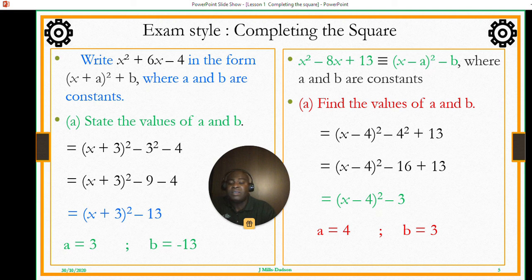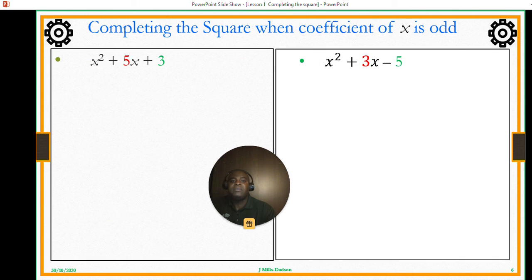So that's an exam question, how to answer completing the square. Now let's look at situations where we have the B as an odd number such that you can't just divide it by 2 and get a whole number. And it's not advisable to use decimals in completing the square. So we're going to learn how we maintain the fraction in the steps to completing the square. So first,